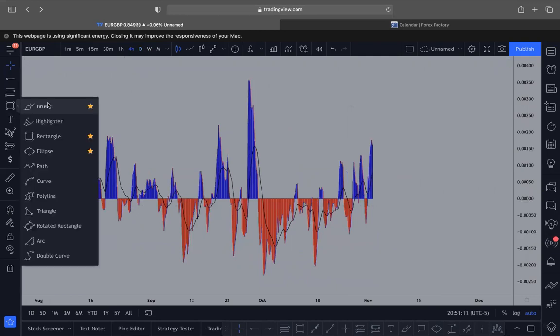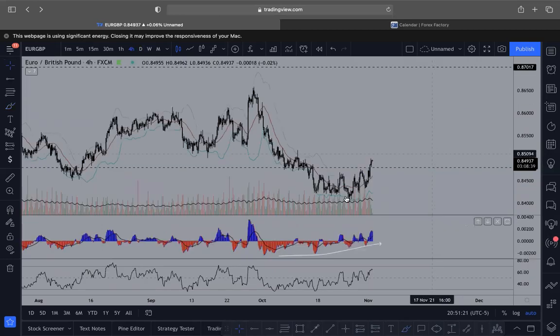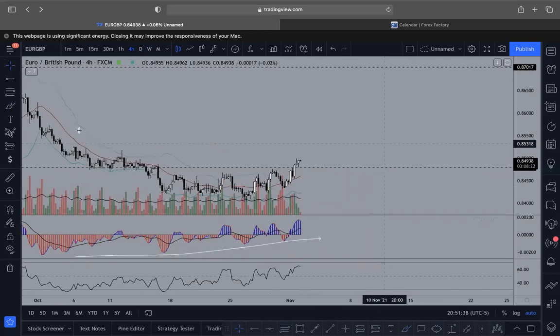Let's see, this momentum was pushing up, and price was going down as this was coming up. Then once the RSI started to really make higher highs and higher lows, price started to follow,